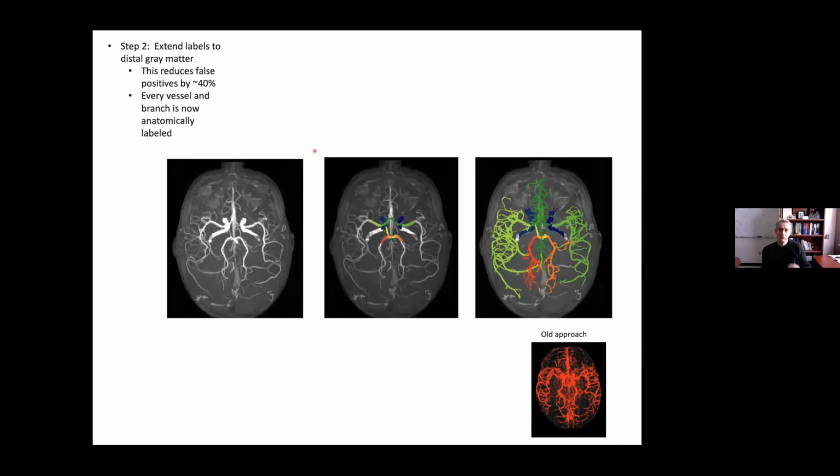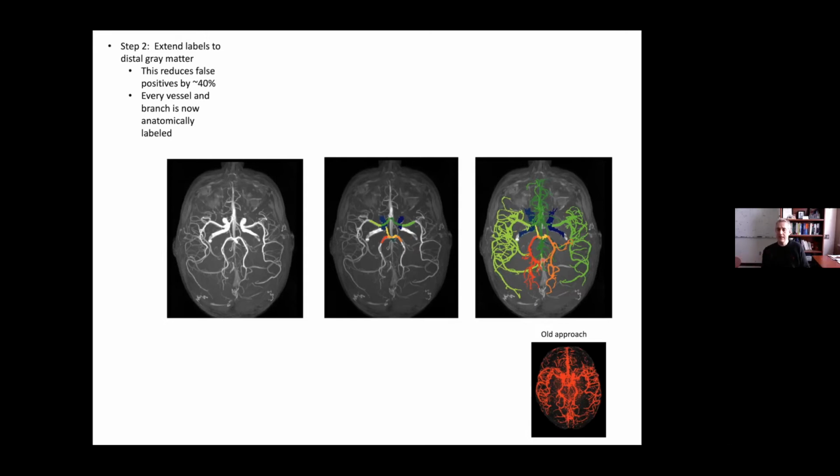So now we have the circle of Willis. Here's our raw angiography. Here's the circle of Willis, the large intracranial arteries. And then all we do is we segment the entire vascular tree by simply flood filling into the remaining vasculature. Now, the nice thing about this is that a blood vessel is only going to be labeled a blood vessel if it can connect back to the circle of Willis. So by keeping that rule in place, you remove all of these false positives that we had before using traditional thresholding. So now there's no threshold needed, and it can segment the entire vasculature while maintaining its anatomical label.